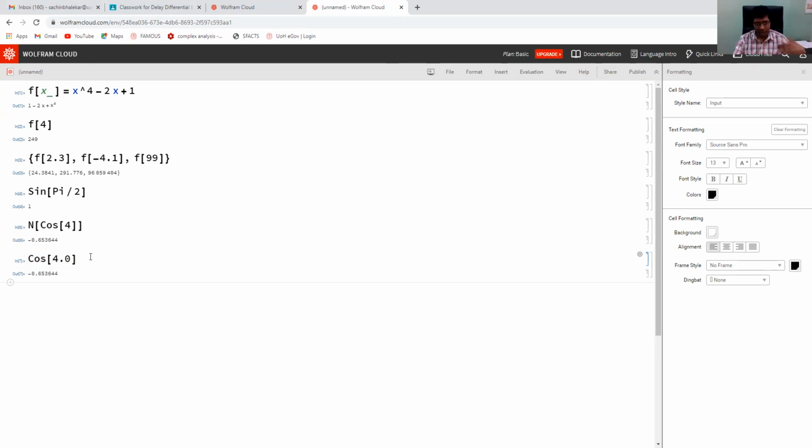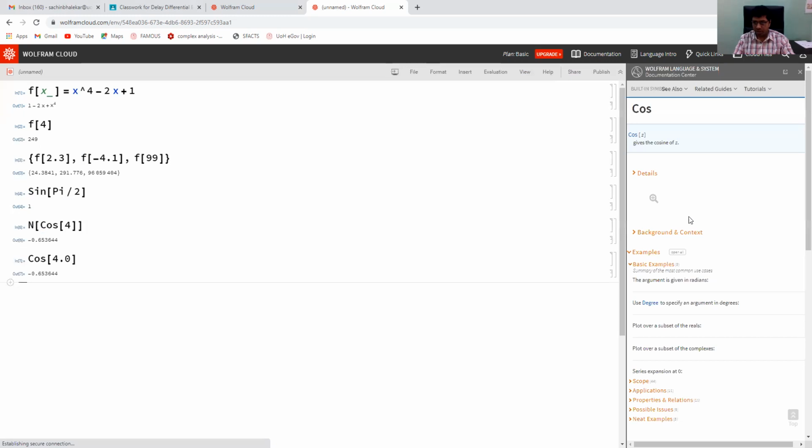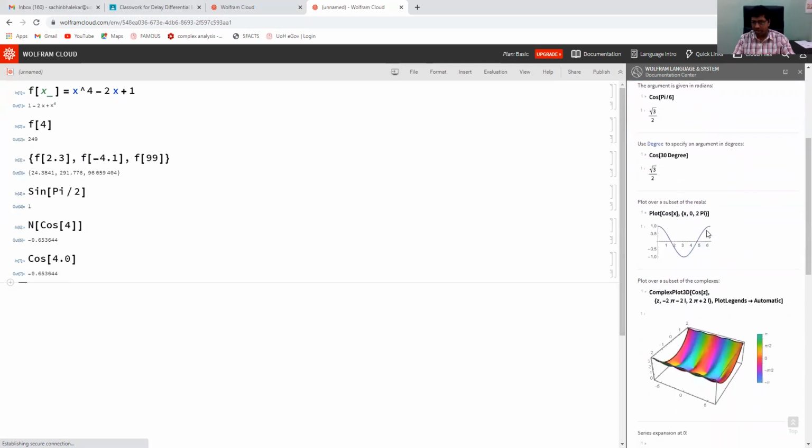Similarly, we will have other trigonometric functions. You may check more information about these things. Once you click this I symbol, you will find more information about cosine.